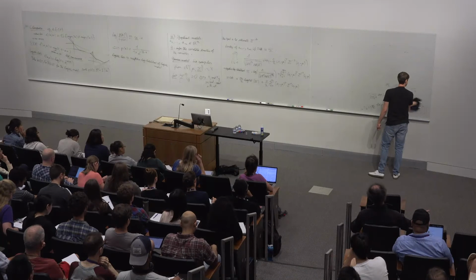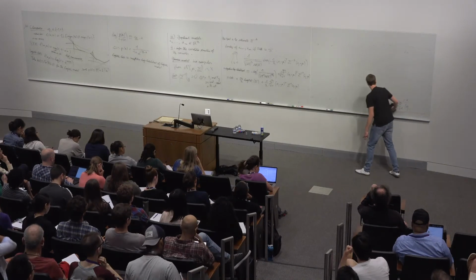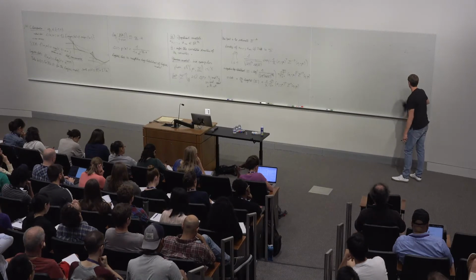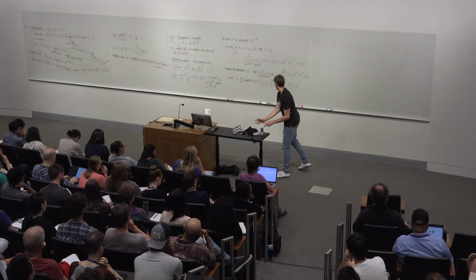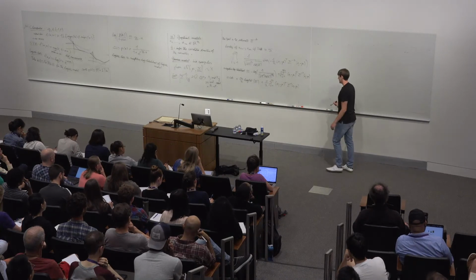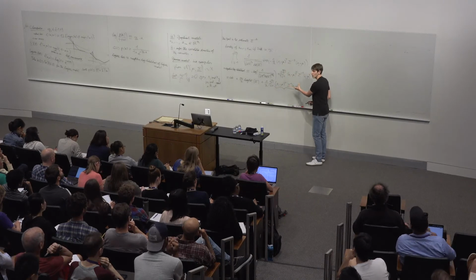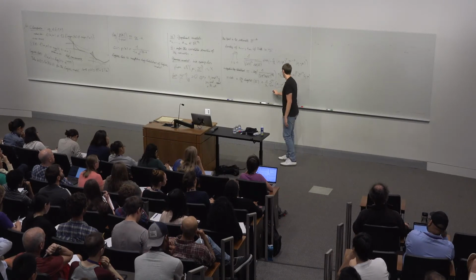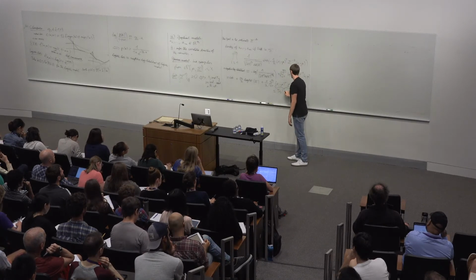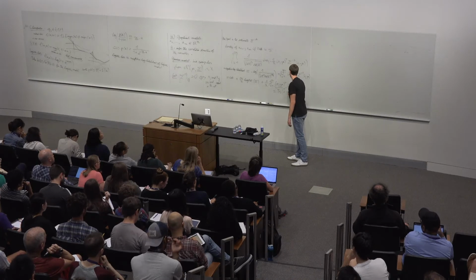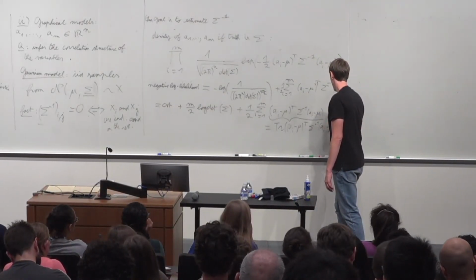I want to write everything in terms of sigma inverse. This is a real number, so it is equal to its trace. A real number is equal to its trace. So it's ai minus mu transpose sigma inverse ai minus mu,